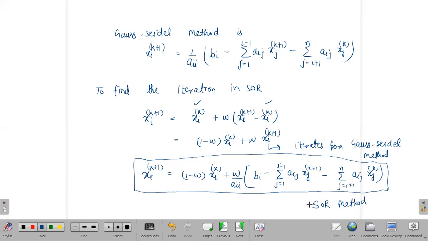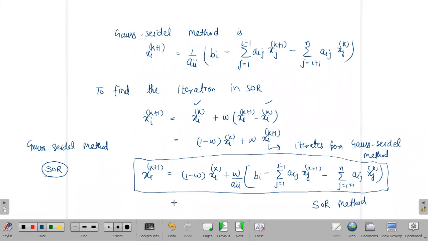Suppose I am using the Gauss-Seidel method on any system of linear equations, and then I am using the SOR method. We are using this omega to get a better approximation, that is, to get a faster convergence. Suppose with the same accuracy you get the approximate solution in 7 iterations, then SOR will give it to you in 4 iterations only. That is the benefit of the SOR method.